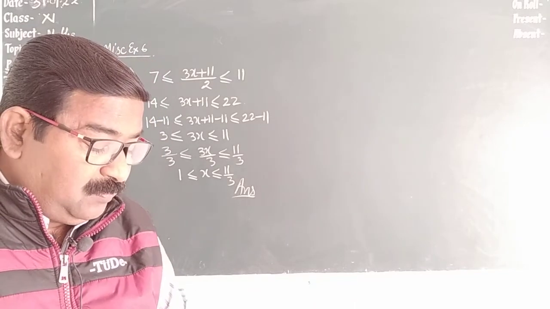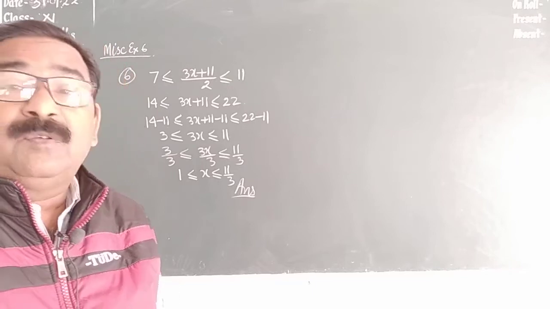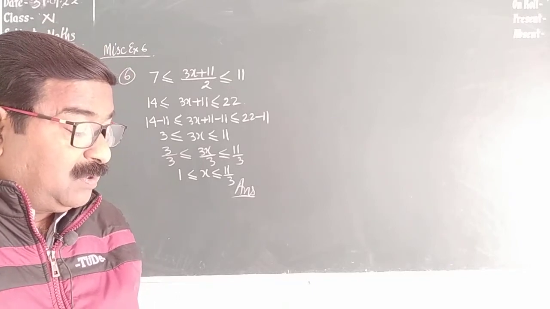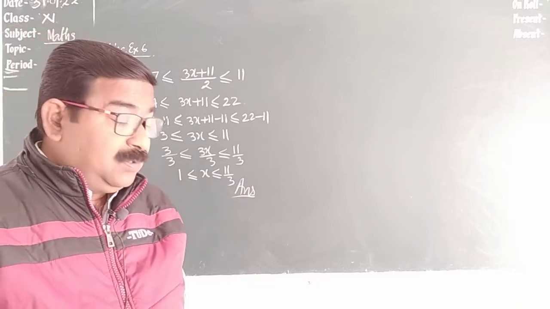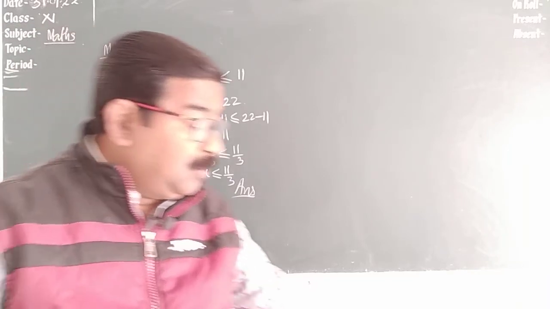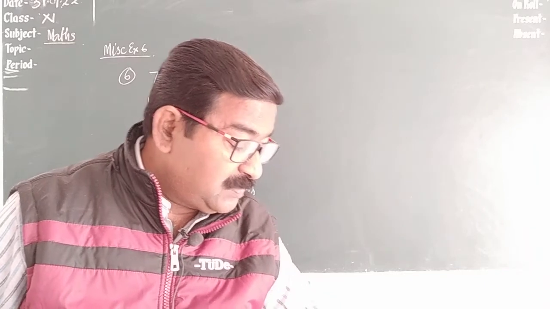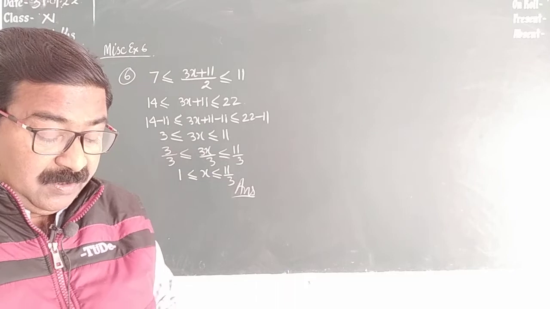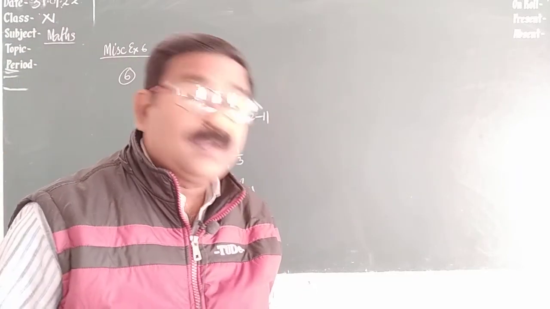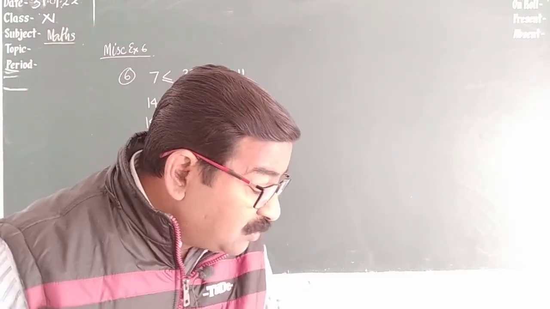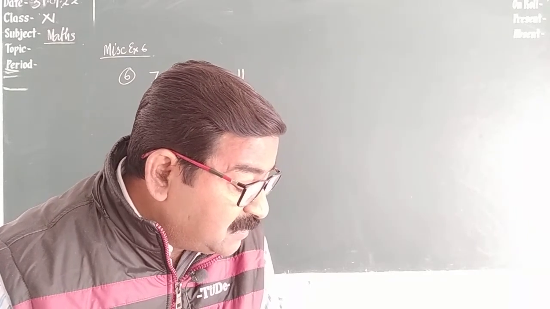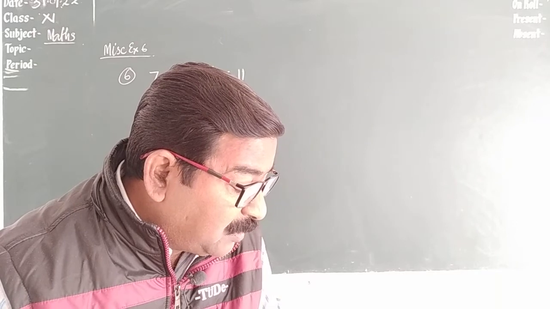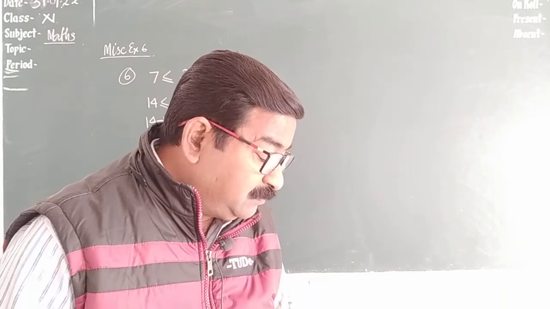So you can solve the questions as they are given. Now question number 7 onward. We have to plot the graph of the equations. Let's see how to plot the graph. In question number 7, the question says: solve the inequalities in questions 7 to 10 and represent the solution graphically on the number line. Let's see.